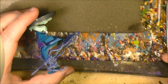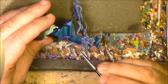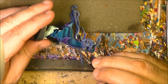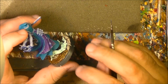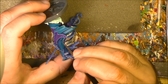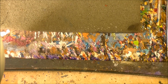We want to give this the sensation that the color is not... okay, something like that. Then we will start highlighting. So what we want to do at the end is that the color is not looking